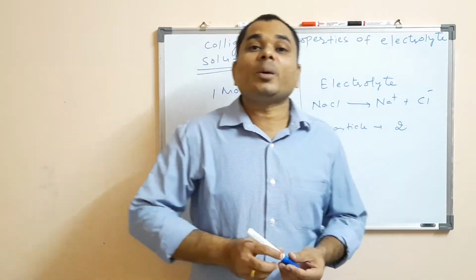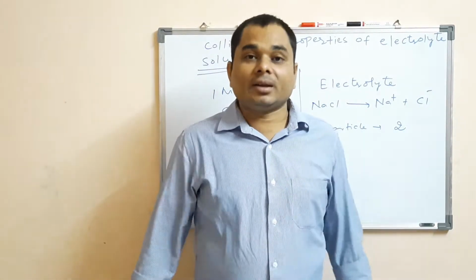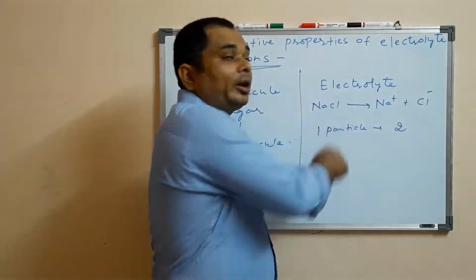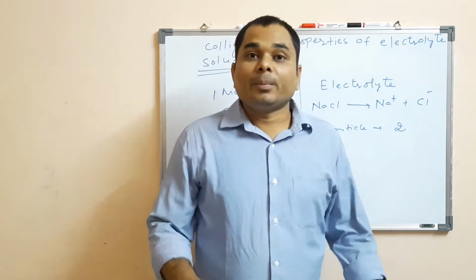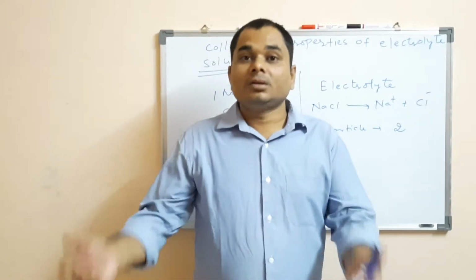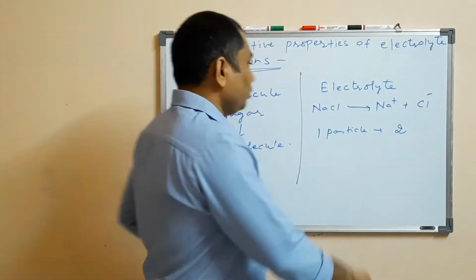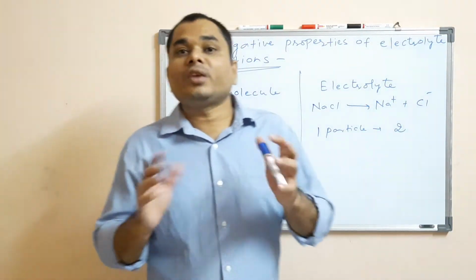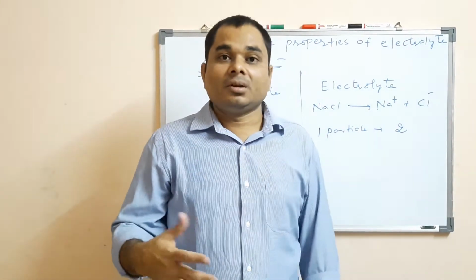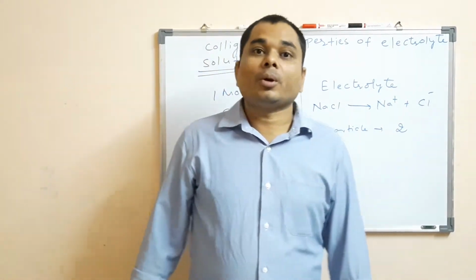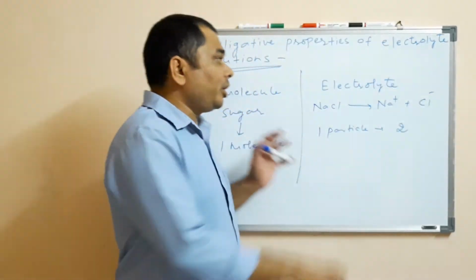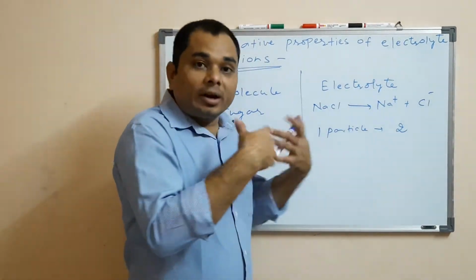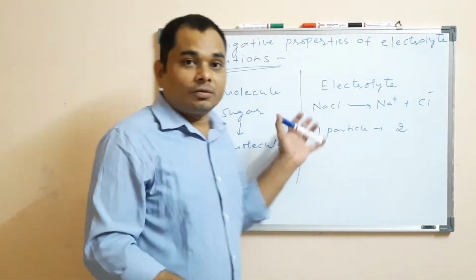Now since colligative properties depend upon the number of the solute particles, the colligative properties observed in case of electrolytes will be different as compared to the colligative properties of the non-electrolytes. Okay. So therefore we have to study this differently, or we have to add some corrections into the colligative properties for the non-electrolytes. Now what are the differences in the colligative properties of the electrolyte solutions and non-electrolyte solutions? We will see this.